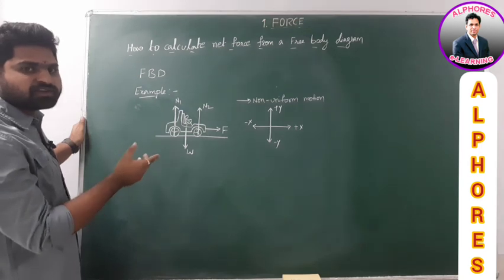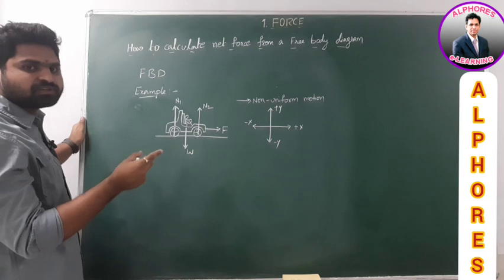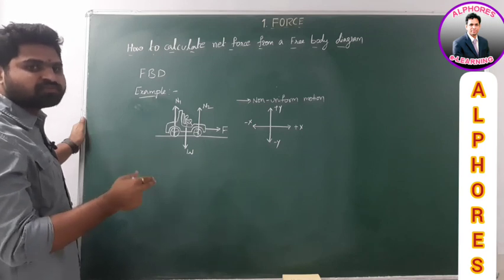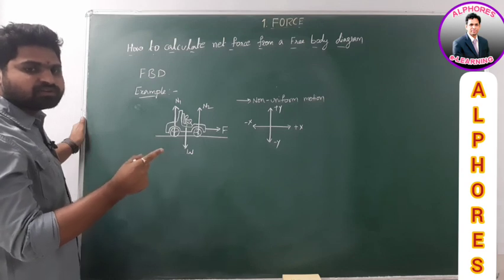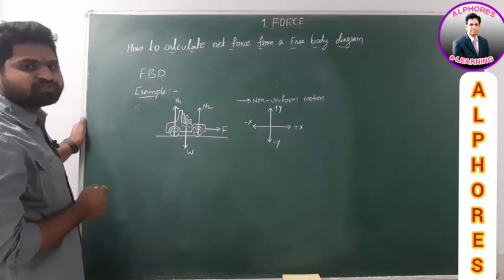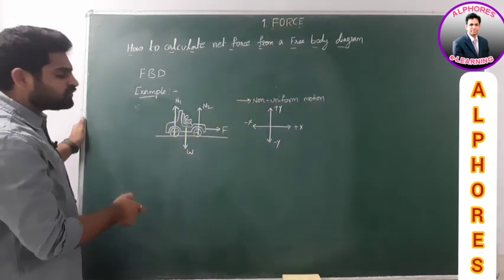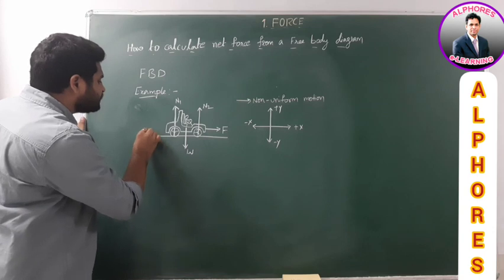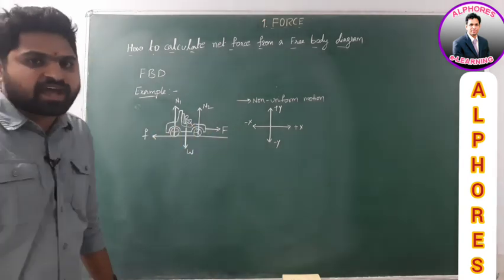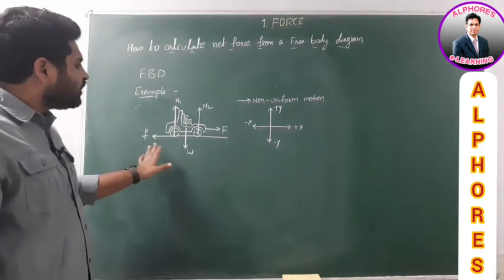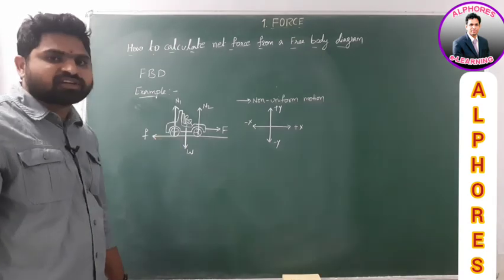I already discussed in the previous class what the frictional force is. It is the force which resists the movement of an object over the surface of another object, and the direction of frictional force is opposite to the direction of the motion. As the car is moving to the right, the frictional force acts opposite to the motion of this car. It is like this. These are the forces acting on the car. Along horizontal direction, 2 forces are acting, and along vertical direction, 3 forces are acting here.